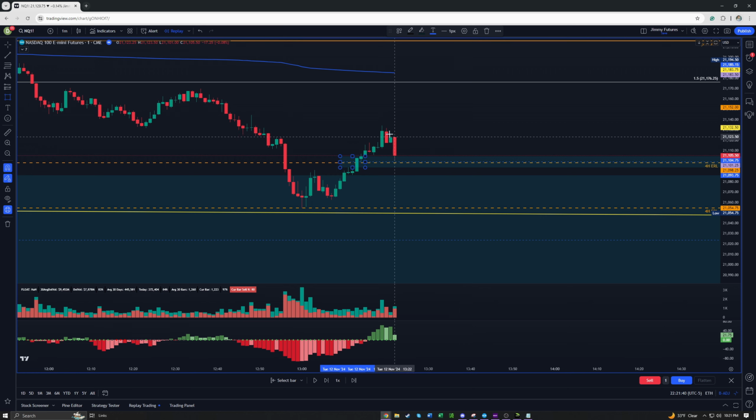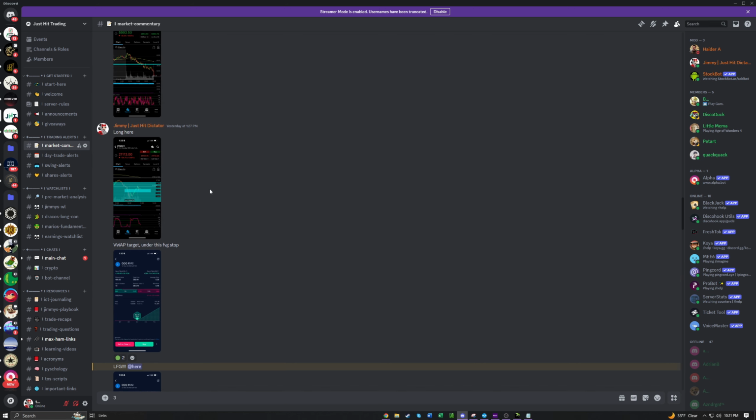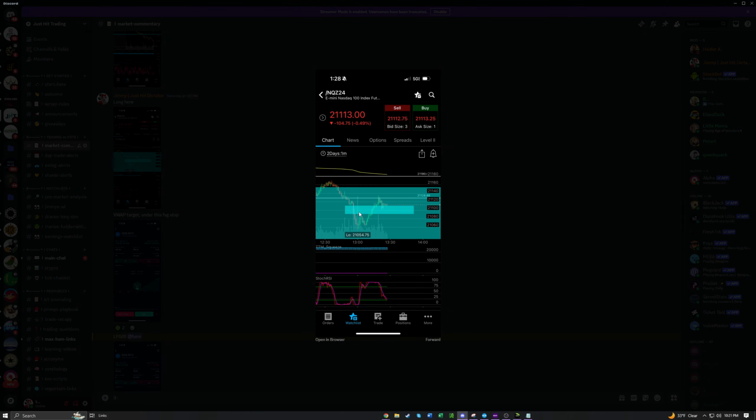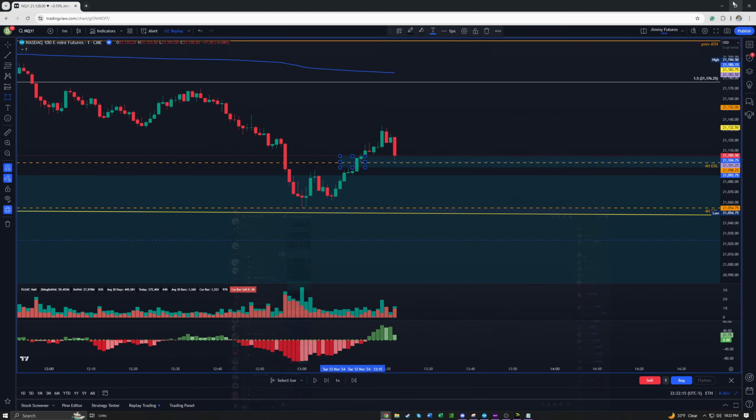And right here, we finally entered, and in my Discord, I signaled that I am long here at approximately 1:27 p.m. Right, and this is the same chart that we were just showing, that we got a market structure shift inside this large fair value gap, and we retraced back into this inverse fair value gap. Right, and I said that my target is VWAP, and I will stop out of this trade if we go underneath this fair value gap that we created, that inverse, right? So I entered long,